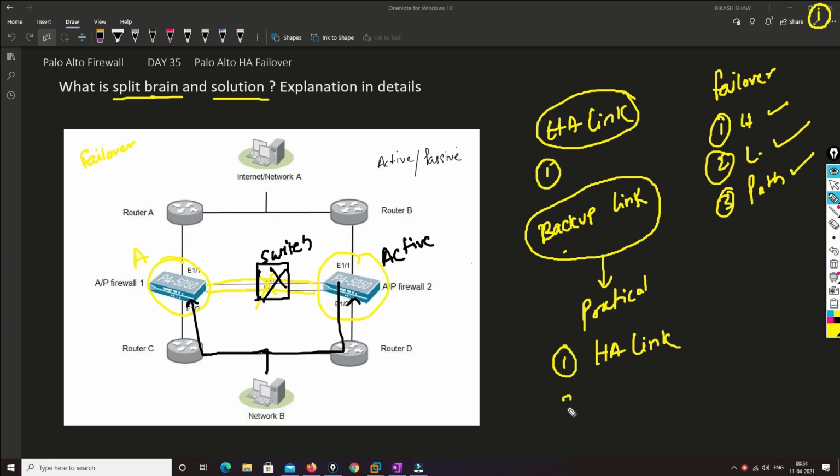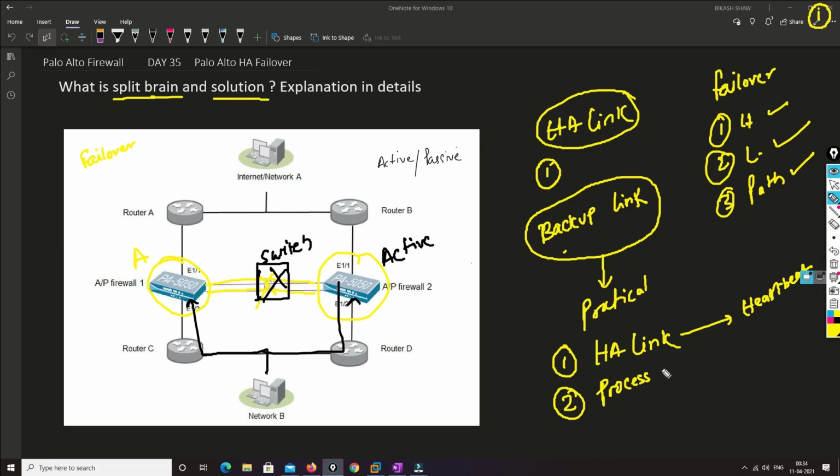The second method can be the process which sends traffic through this HA link. In the HA link, heartbeat traffic is exchanged.